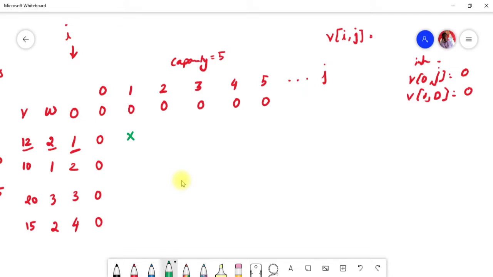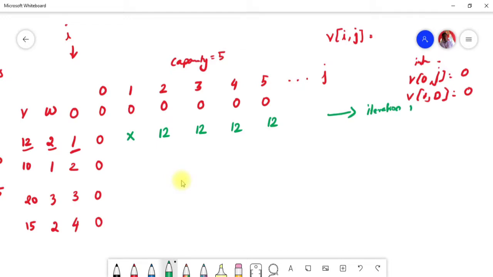So in the next step, here I have the capacity 2, and my weight is also 2. Of course I can accommodate. It satisfies, so I can accommodate item number 1 in this place. Then the value of item number 1 is going to be 12, right? You have to write the 12 over here. And after that, we have only one item, so whether I can accommodate item number 1 with a capacity of 3, of course yes. With capacity 4, of course you can. Then you can write for this up to this step. I hope you have a clear idea from the first step, you can call it iteration 1.